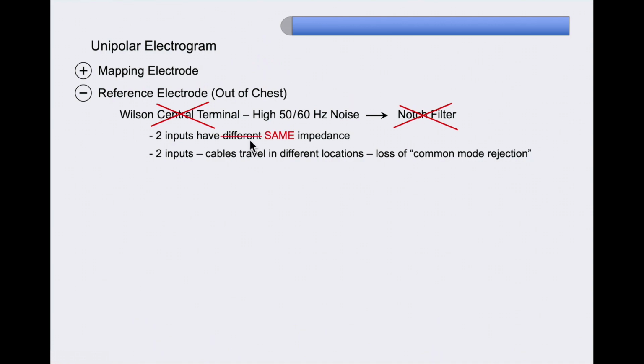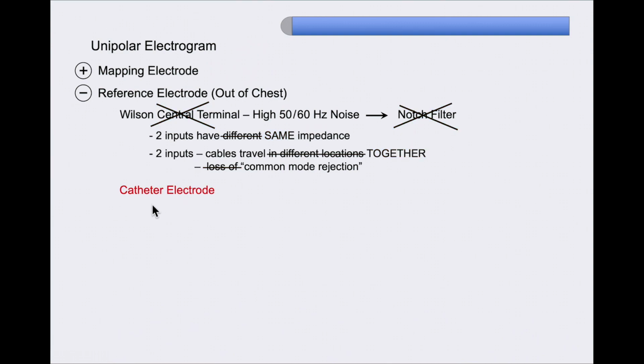I need something that has the same impedance for both the mapping electrode and the reference electrode, and I need something where the cables travel together so that they see the same noise and you have common mode rejection to get rid of that. So the only thing that's going to accomplish both of these is to use another catheter electrode. So we need that catheter electrode to be out of the chest,